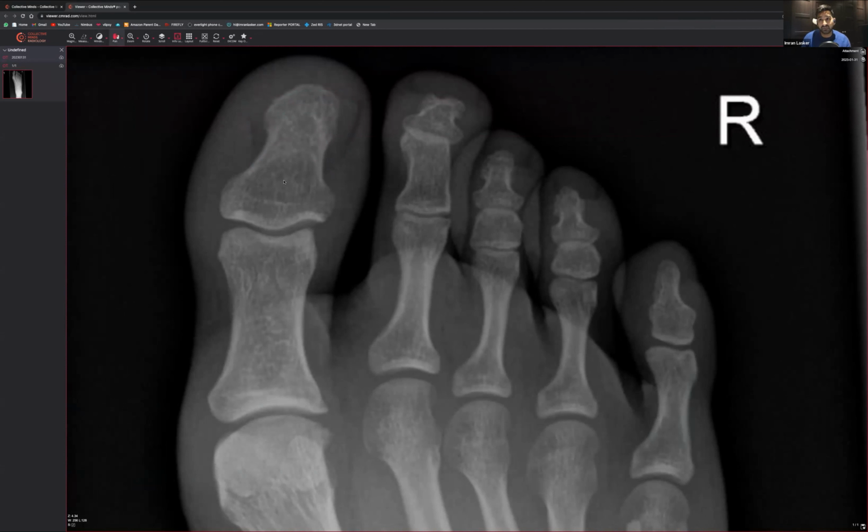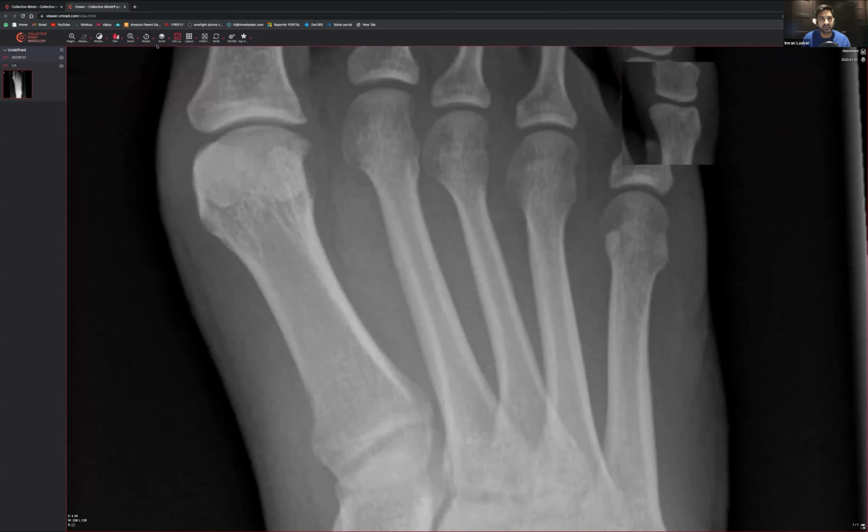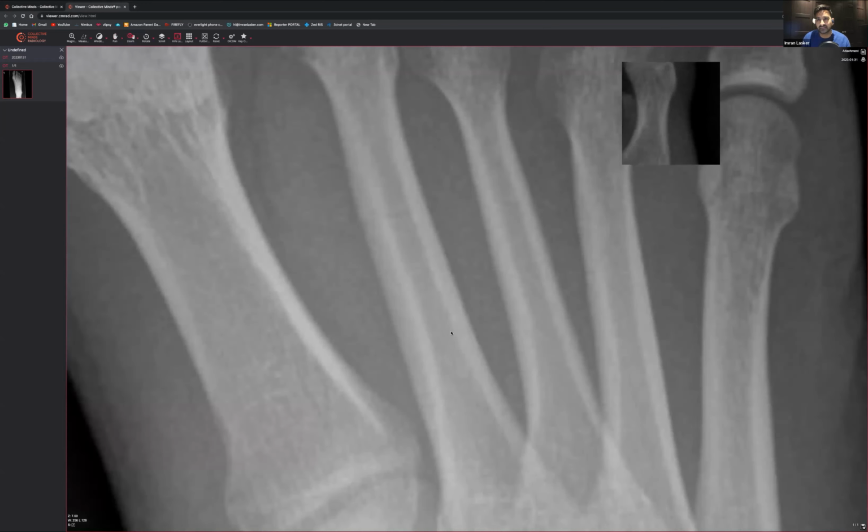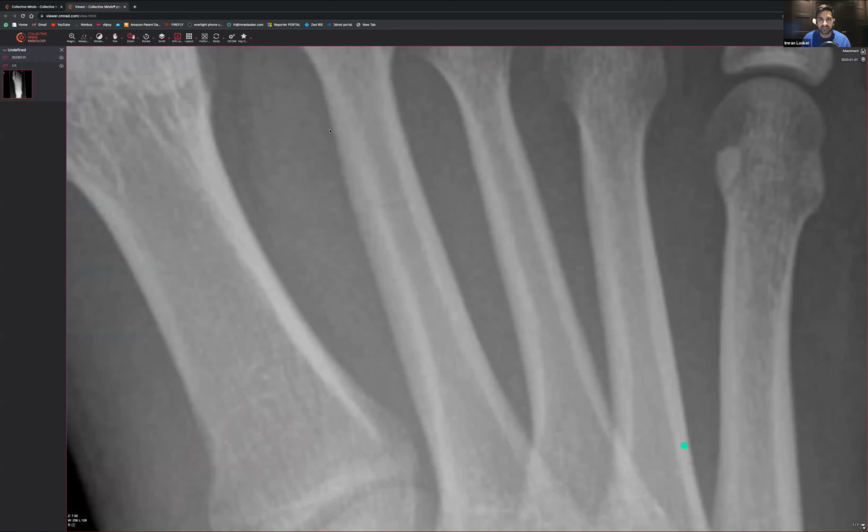So you may be forgiven to think, okay, well, this is normal. There's nothing abnormal here. But actually, if we zoom in a bit on that second metatarsal, there is a kind of line going like this. Can you see this line going across like so? I don't know if it's projecting very well, but on your own screens, have a look. There is this very, very subtle line going across there. That is actually a stress fracture, very, very easy to miss when you're not looking. So it's very important that, yes, you do look for fuzziness, but have a look for anything else.